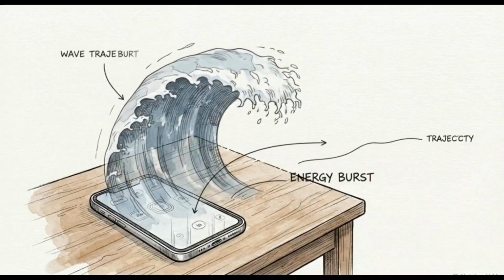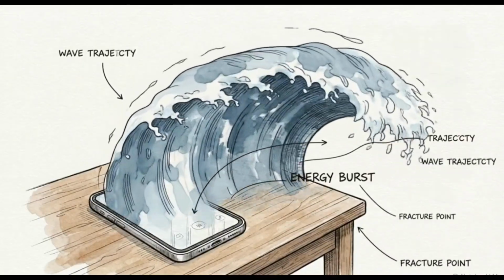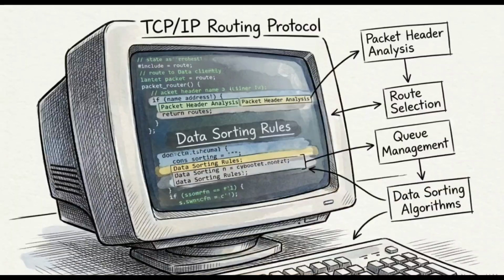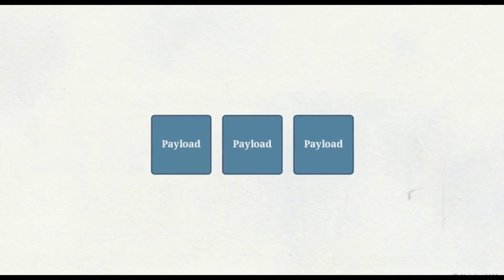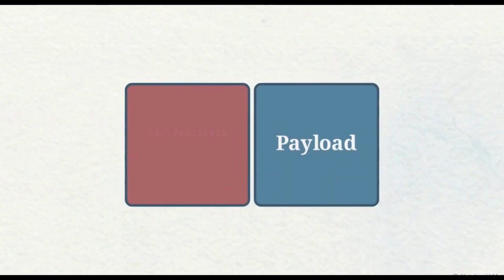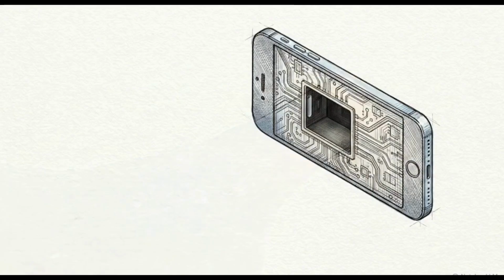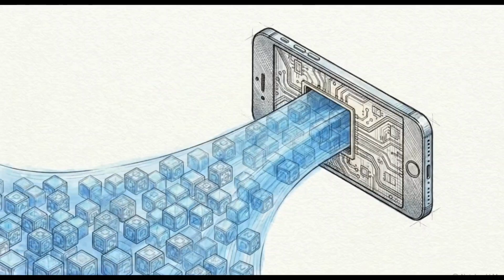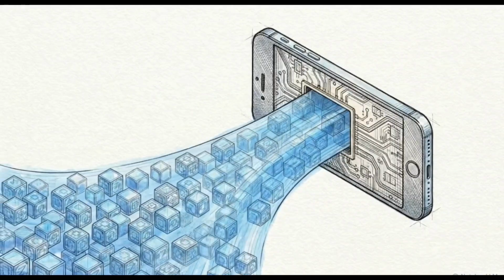Your phone or laptop can't just shout a massive data request across the room in one giant continuous burst. Instead, it relies on a set of rules called the Transmission Control Protocol, or TCP/IP. The primary job of this protocol is to take your large data request and chop it up into tiny, manageable units called packets. Each packet carries a small slice of the actual payload, along with some critical shipping instructions. This includes a source IP address, a destination IP address, and a specific sequence number so it can be identified later. By converting a large, clumsy file into thousands of uniform, modular pieces, the data is prepared to survive the